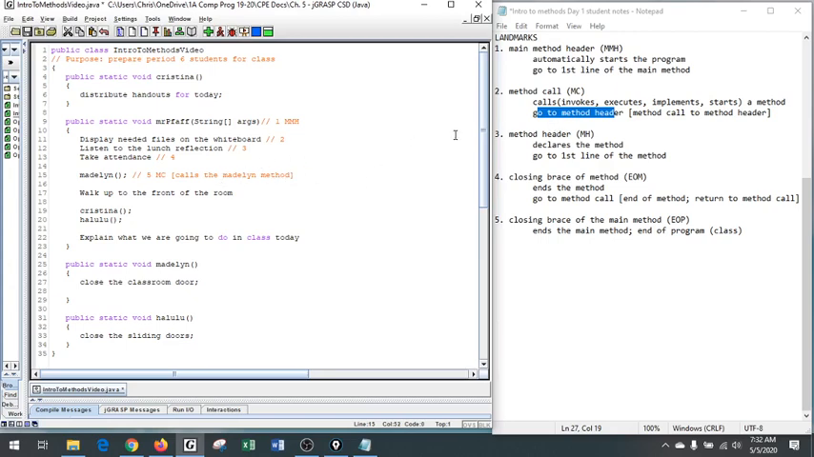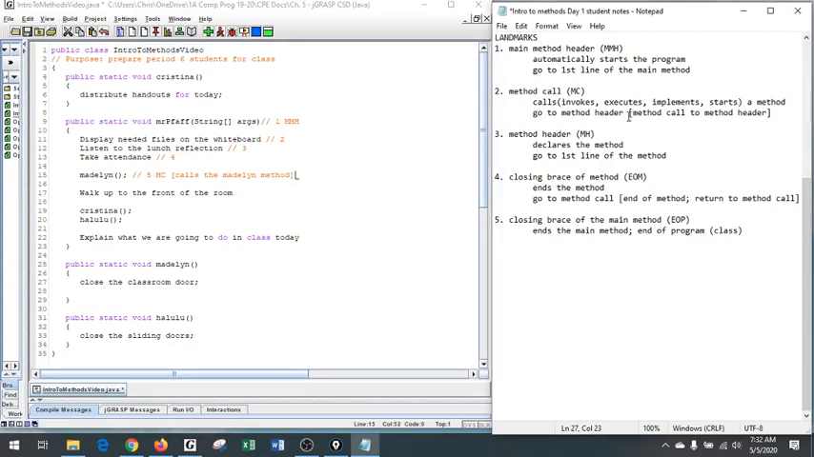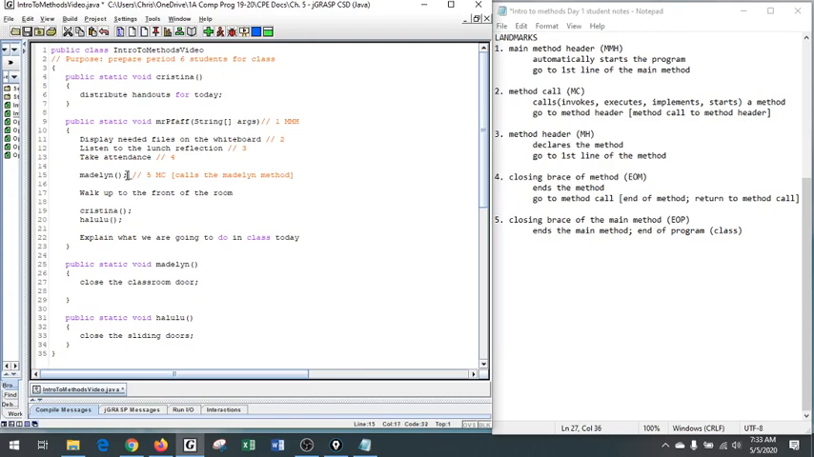Now, when you get to a method call, what you should have in your mind, and even say it out loud, you're in your room or in the living room or wherever by yourself, you see a method call, go method call to method header, and you'll know where to go. So this calls the Madeline method, so that's where the next thing is going to take place. So we're going to go like this and go to the Madeline method